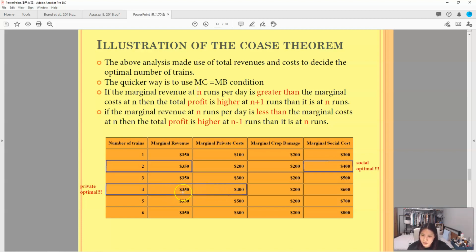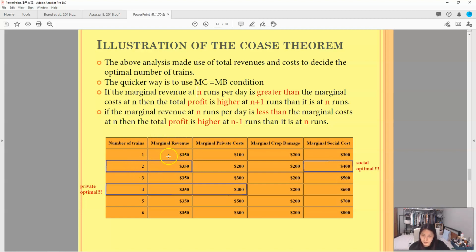That means if the firm runs one more train, the firm needs to pay an extra $50. So 4 units is the private optimal,